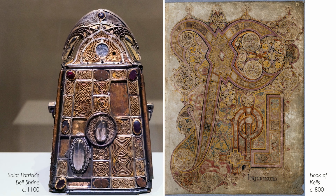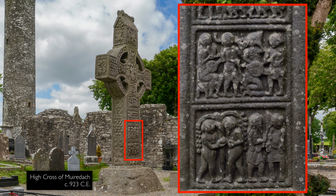We often think of Irish art as focused on metalwork, perhaps illuminated manuscripts. But this chapel reminds us that medieval architecture in Ireland likely also was a surface upon which paintings were made. It's just that those paintings have been lost. These are the earliest surviving paintings we have from Ireland. And in some ways, it distorts the record because if you look more broadly at medieval art in Ireland, you'll notice that there's not a great deal of narrative art that survives outside of the impressive high crosses. These frescoes are important because they also show us that narrative scenes were being painted onto buildings,